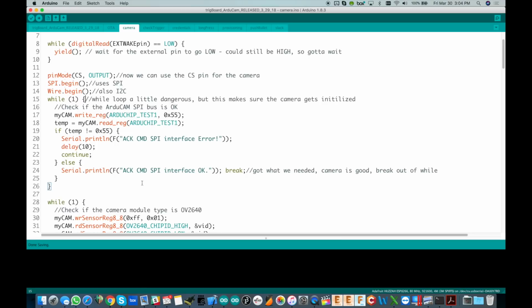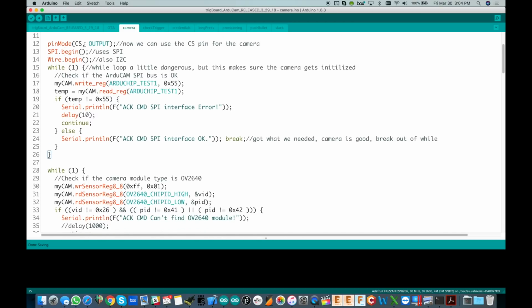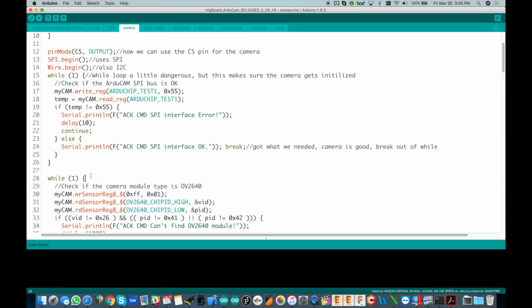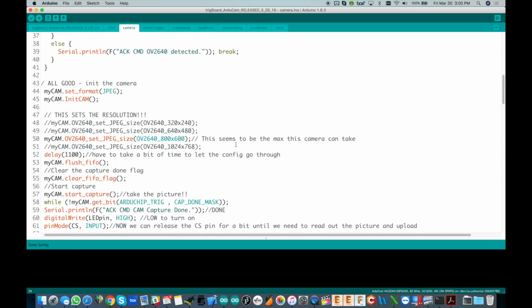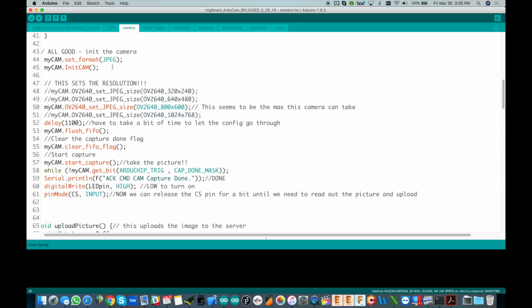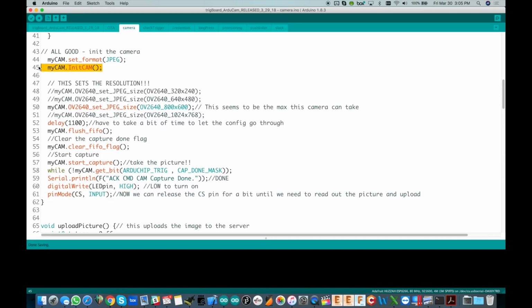And this is all straight from one of the ArduCam examples. So this was all leveraged straight from there. So it first checks this here. It looks like it's writing a test to a register and then reading it back and then making sure that it's good. And that will tell us that it's up and running and it's hooked up. Then we have another while(1) loop here, which is checking to make sure that we have the OV2640 over there at the ArduCam. So it's checking that, and if it's good, we're all good, and move on, break out of there. So now we initialize the camera, we set the format for JPEG, initialize the camera, and then